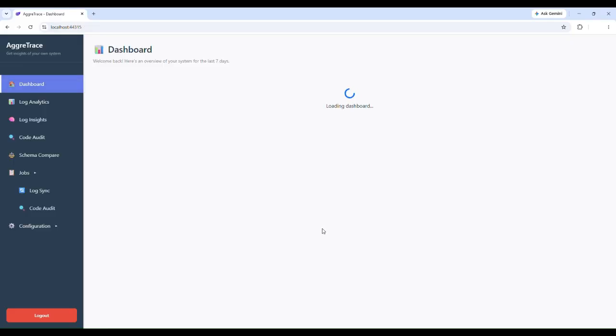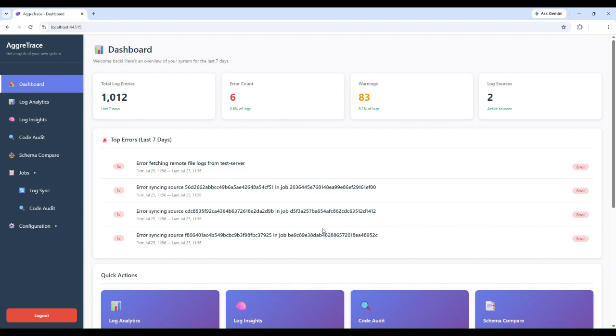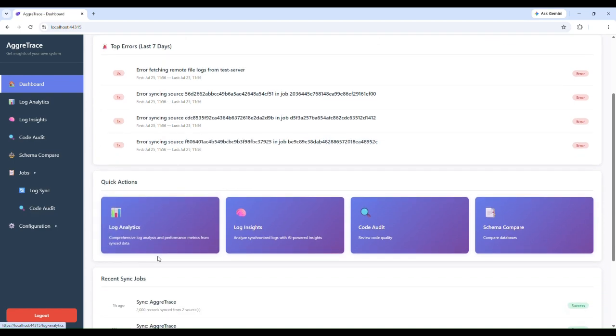Right. Let's look at the dashboard. The dashboard gives you a quick view of how your last 7 days look. We have how many log entries there are, how many are errors, how many are warnings, and how many active sources we connected in the last 7 days. It also gives you a glimpse of the top errors in the last 7 days, as well as